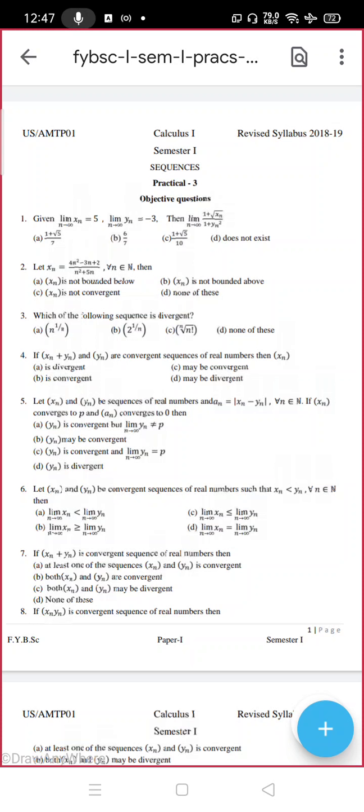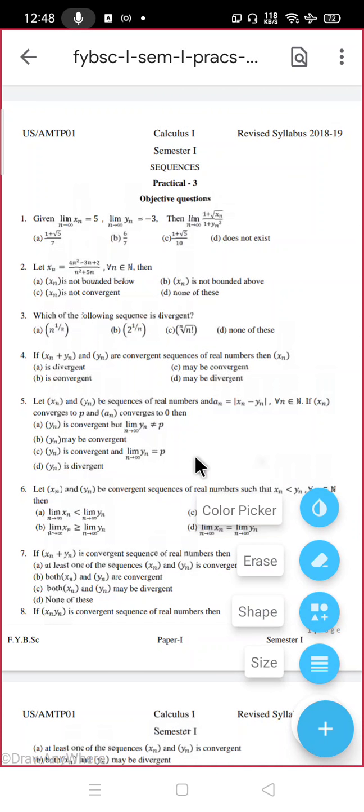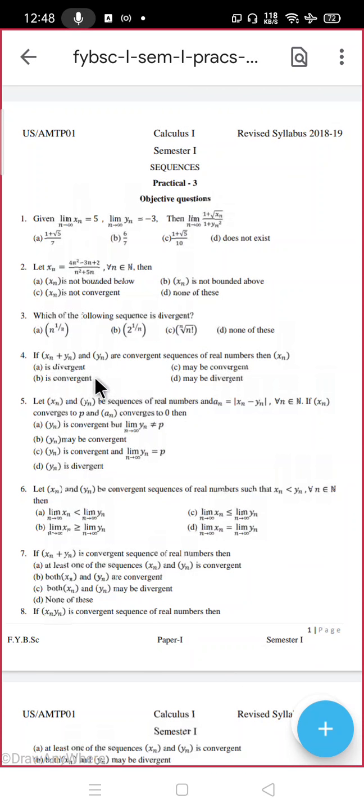B. That is, it is. Yeah, definitely. Why? By algebra of sequences, if this is convergent and this is convergent, then minus of yn will also converge. Then you just add minus of yn to this and you'll have xn, that is also convergent. Correct? It is simple algebra, just taking addition and multiplying by minus. Option B is correct. What about the fifth one?